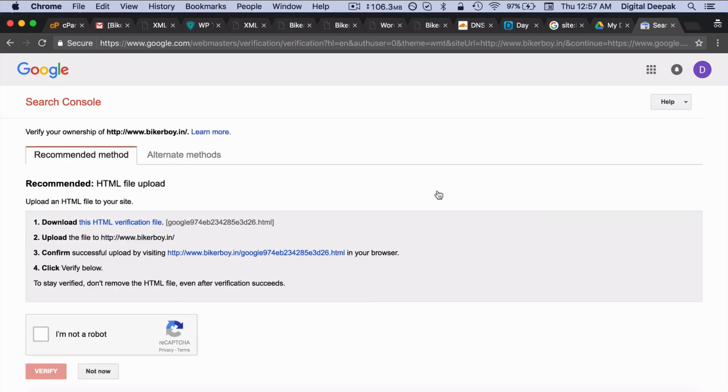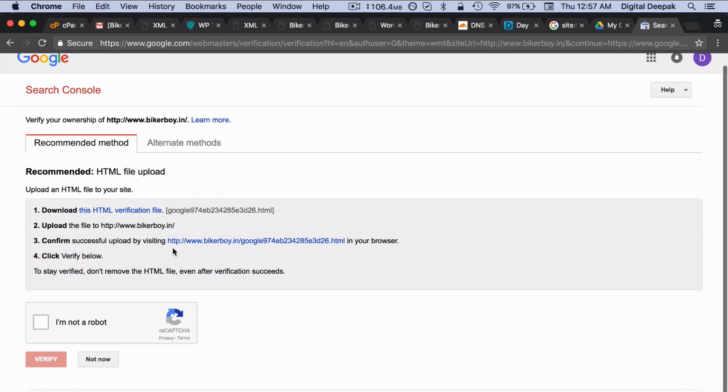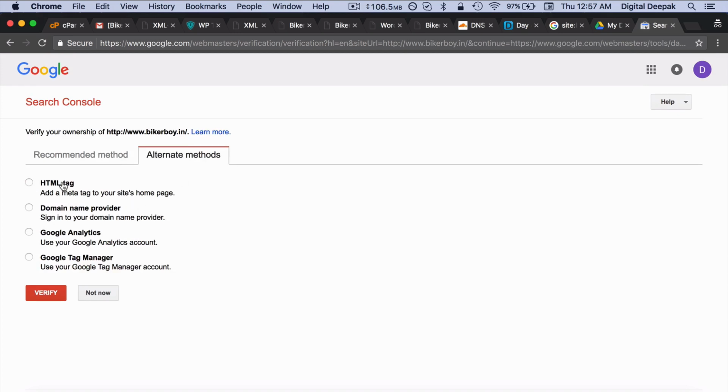and then there are many verification methods for verifying your website. One of the easiest methods is to download the HTML file and upload it to your server. So if you are using cPanel, you can use this method, or you can just add a particular meta tag in your header.